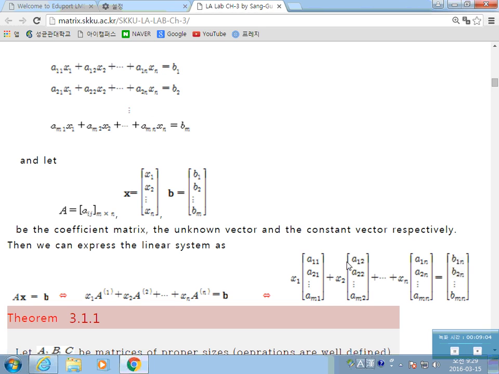Then this says, first, if you compare the first component, that is this. If you see the second component of this vector, this is the second equation. The last component of this vector, bm, is